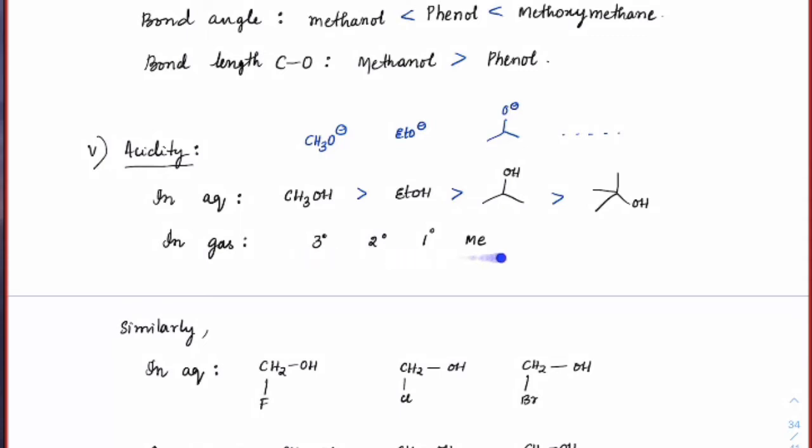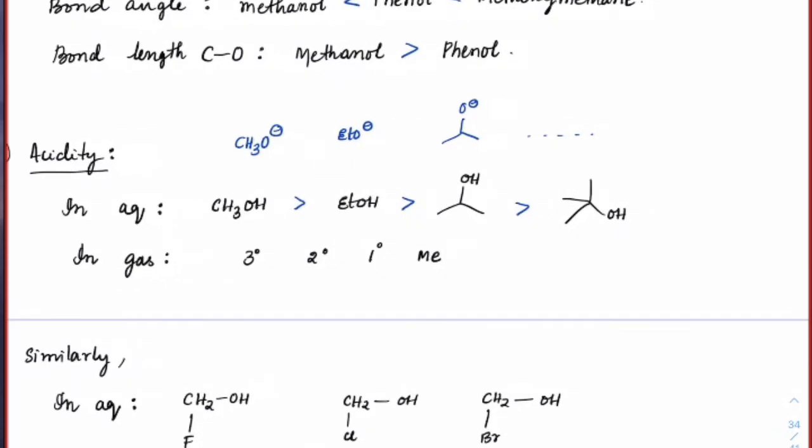Next, if it is in the gaseous phase, what would happen? Suppose you have more bulky groups here, we have O and H here, got it? If you have more bulky groups here, these bulky groups will disperse the lone pair electrons of oxygen, because of which the ability to break this oxygen hydrogen bond increases. So what has been seen is that tertiary is more acidic than secondary, than primary, than methanol in the gaseous state. Normally when you write pK values, that is all for the aqueous state.